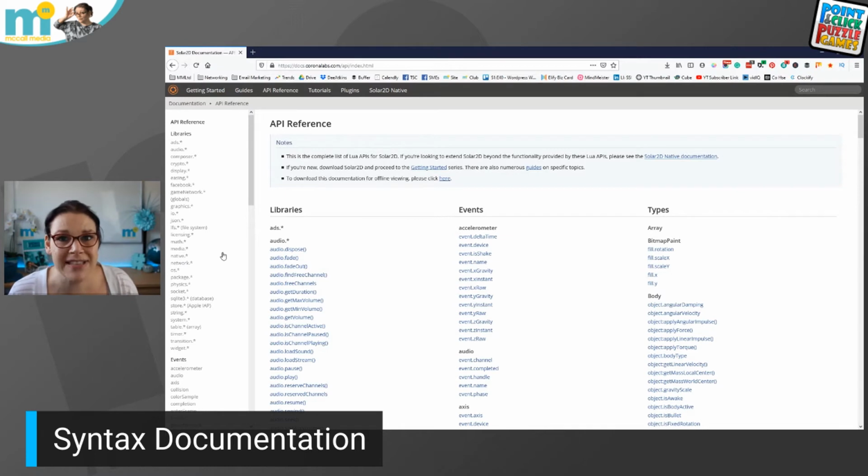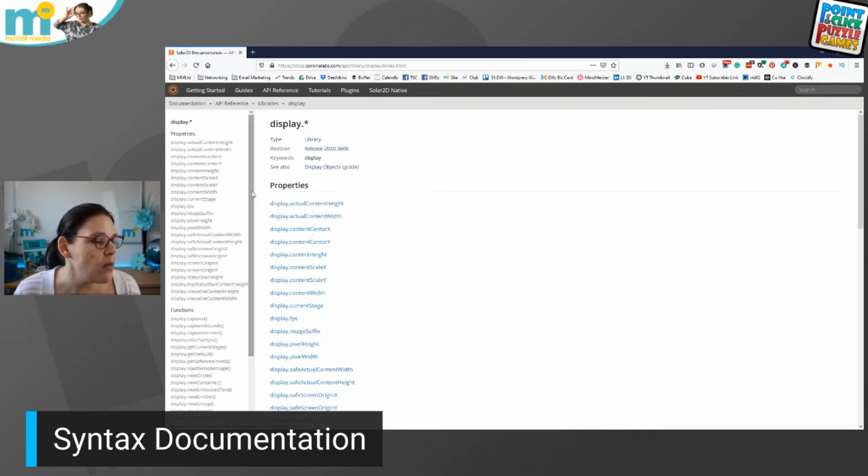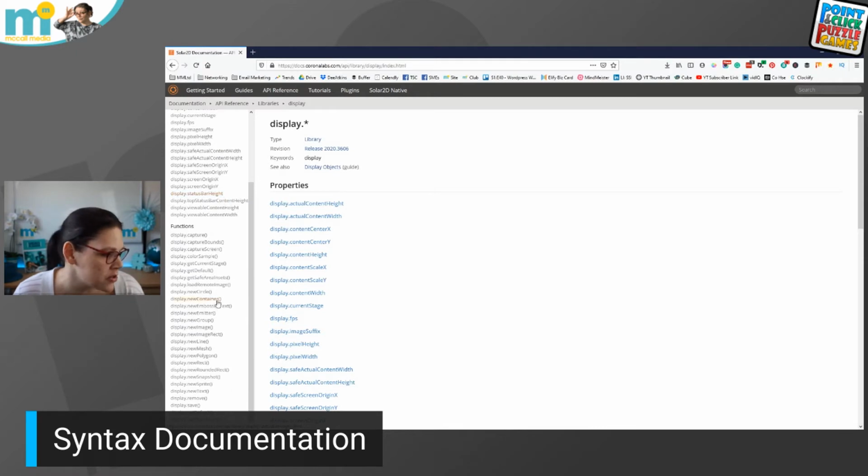Now, we want to put text on the display. So that's two things we need to do. We need to look for the display library, and then we're going to put text on the display, which means I need to know how to write text on the screen. So I'm going to come down to where it says functions. I'm going to go all the way down the bottom here where it says